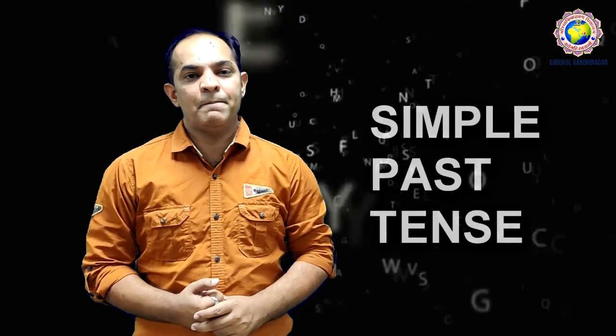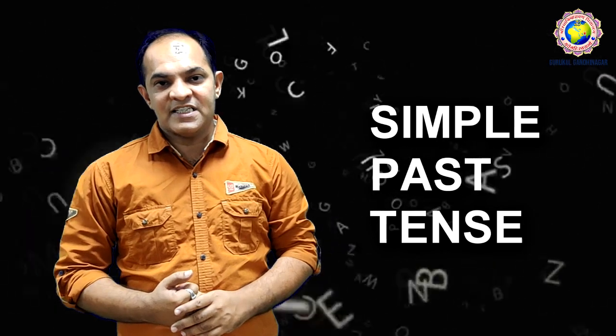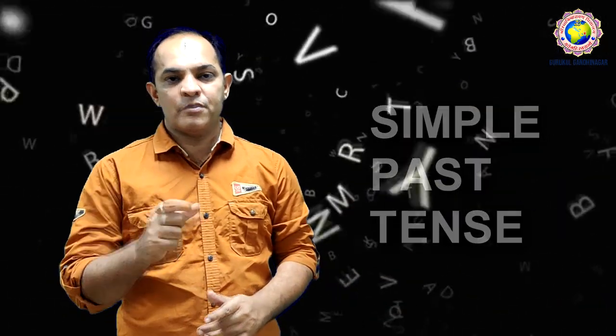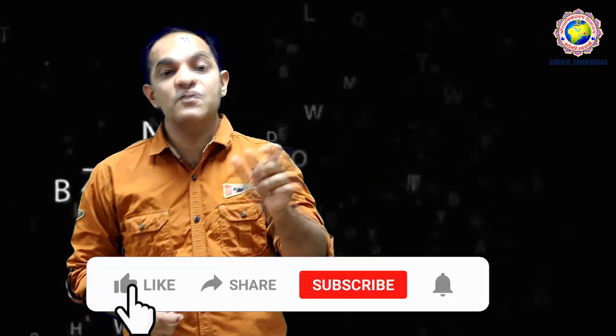The second tense is the simple past tense. Now in active voice, in the simple past tense, especially in a positive sentence, the formation is like this: subject, after that the verb should be in the past form, after that object and other words. This is the formation of active voice. Now when we convert that formation into passive voice, the formation is like this: object, after that was verb,